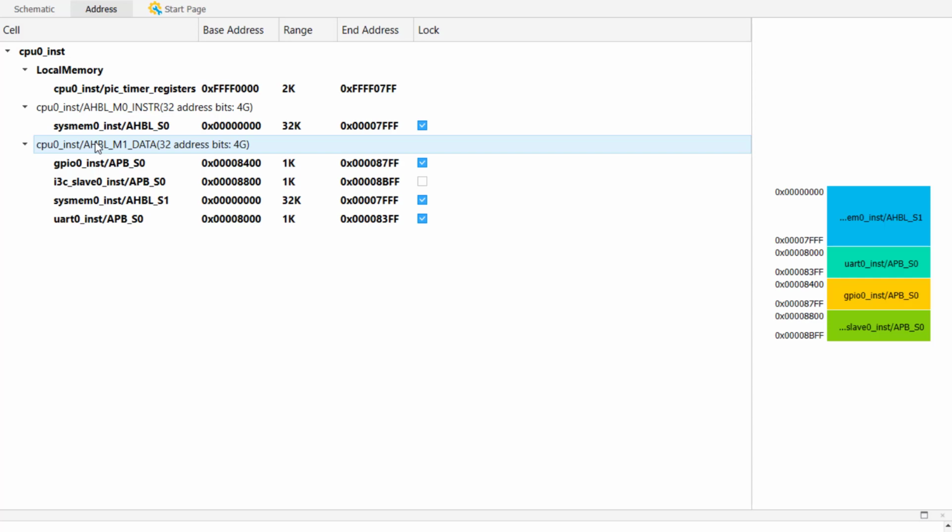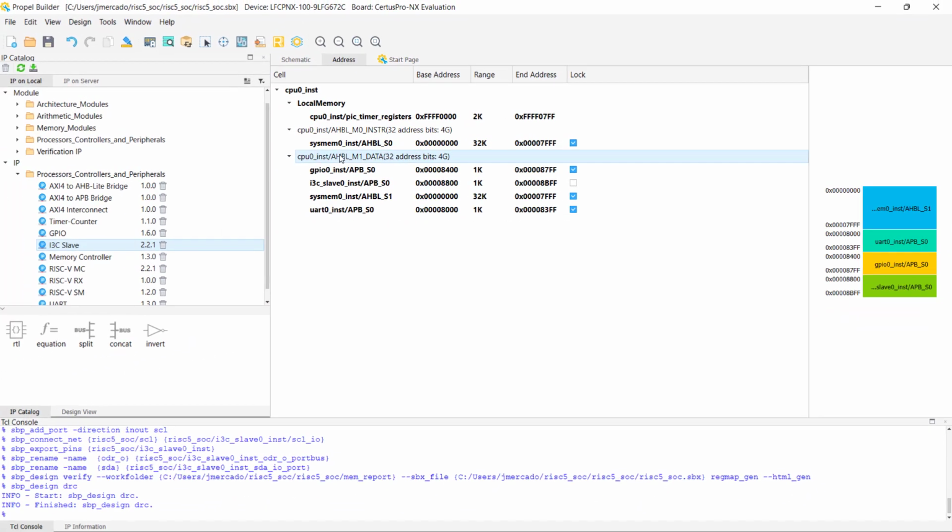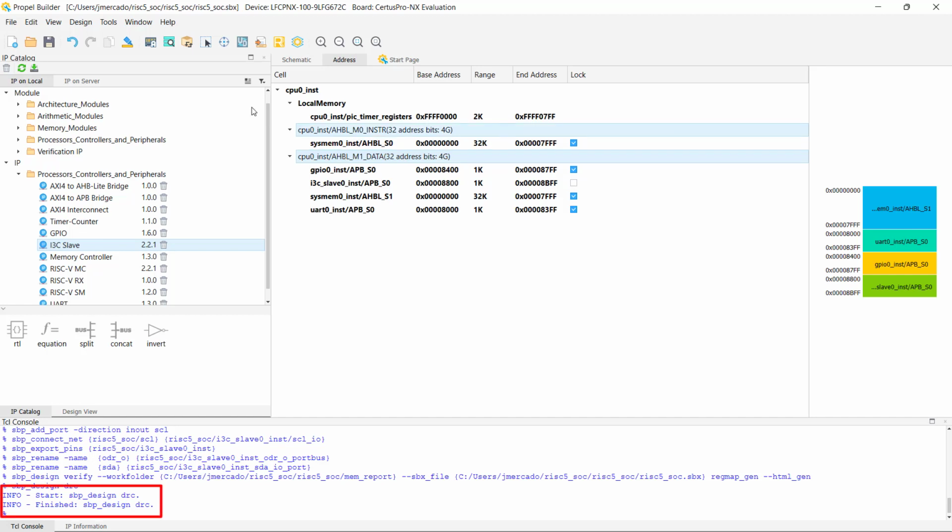By default, whenever a component is added to a design, its memory spaces are automatically allocated as each component is added, preventing them from overlapping. However, Propel Builder also has a useful design rule check feature, which can be used to double check and ensure that there are no errors or violations in your memory space allocation. To initiate a DRC, simply click the DRC icon from Propel Builder's toolbar. If the DRC finishes successfully with no errors, a finished SBP_design DRC message will be output to Propel Builder's Tickle